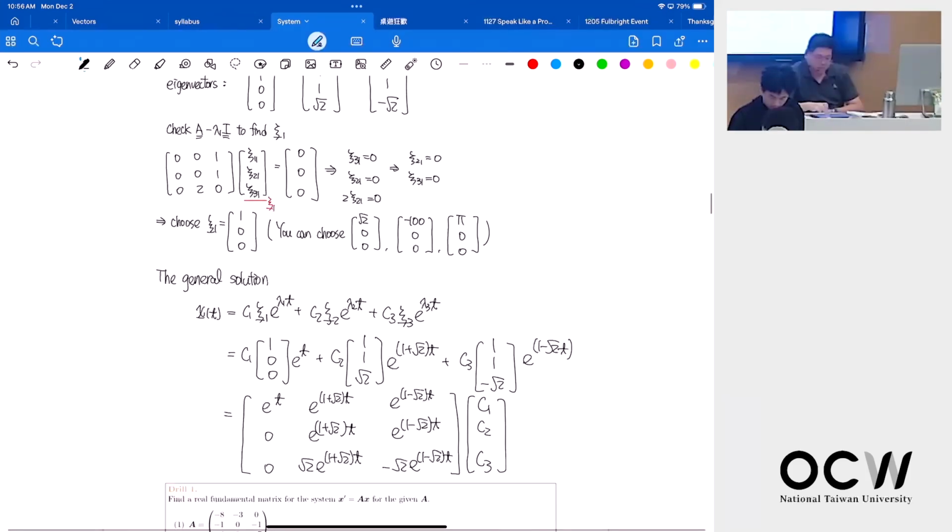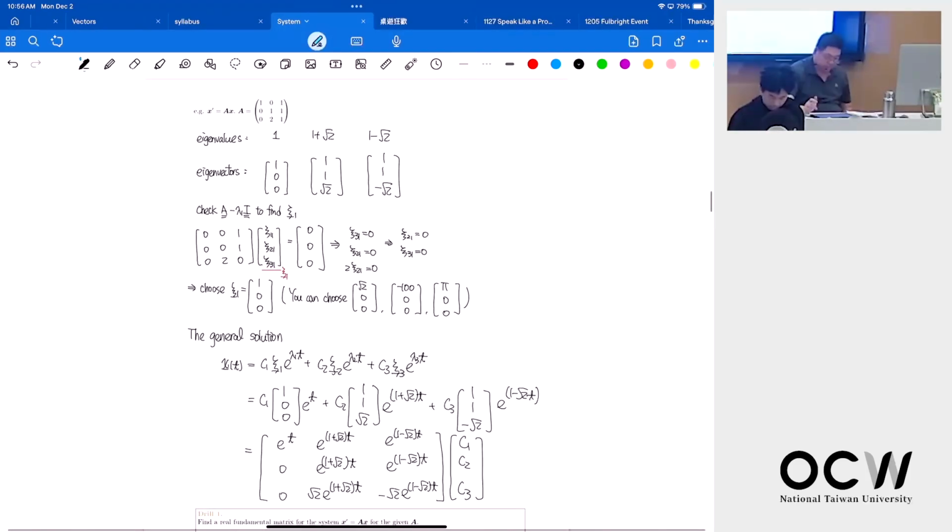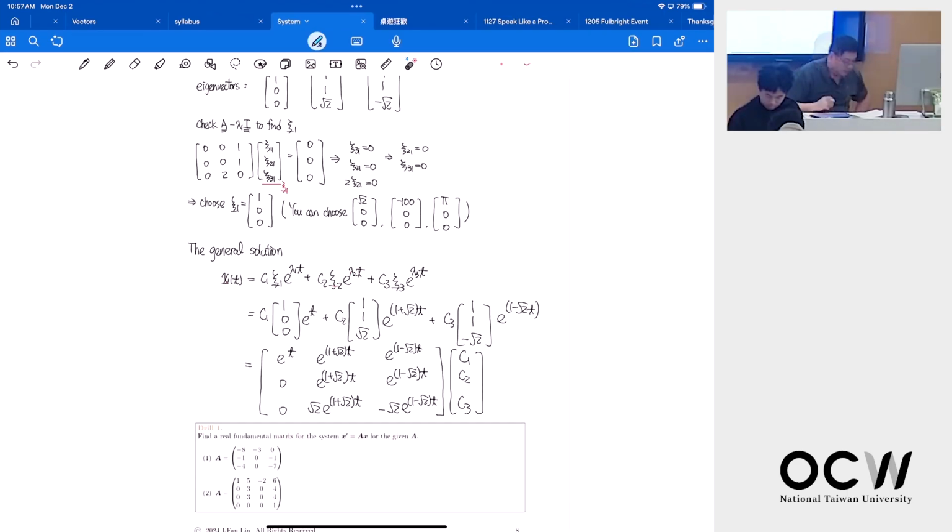Okay, so this is our fundamental matrix. So far, did you observe anything from the fundamental matrix? Any questions for this one? If not,